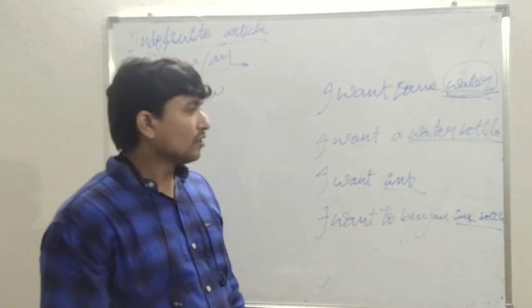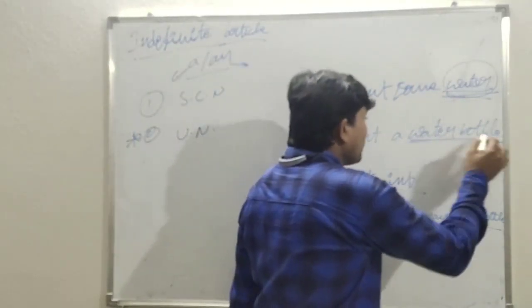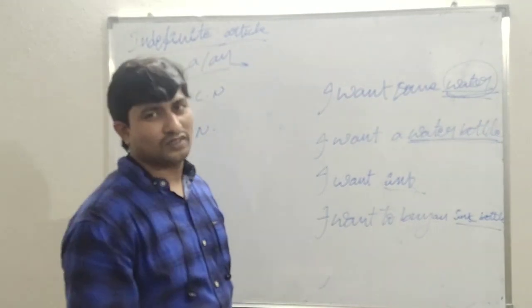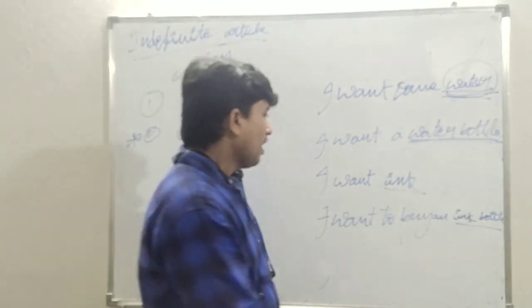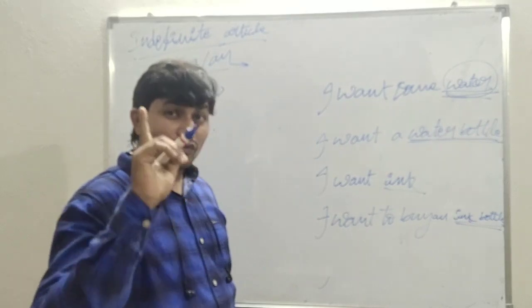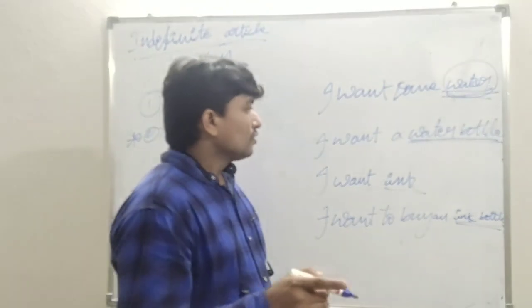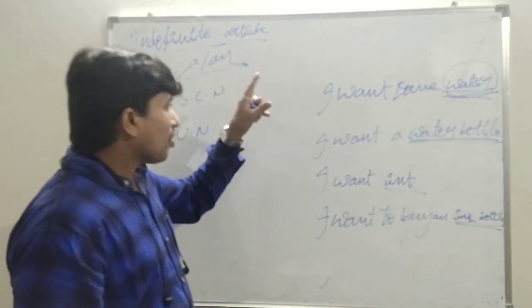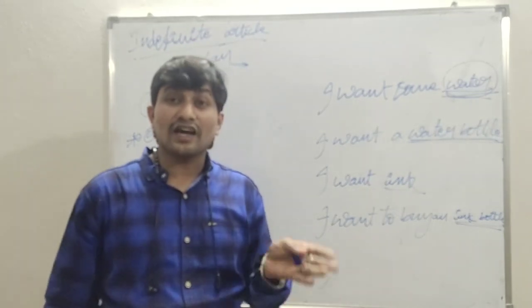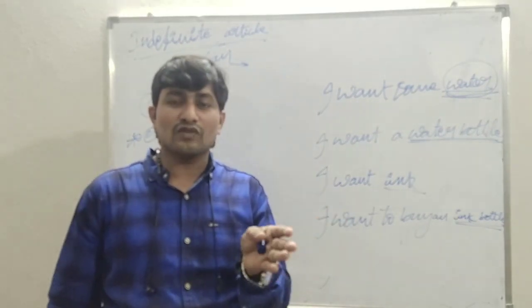Have you understood? So what do you understand here? Water bottle, how many water bottles? One water bottle. And here, how many ink bottles? One ink bottle. How many ink bottles do you want to buy? One. I want to buy an ink bottle. So what do you understand? An indefinite article cannot be used in front of uncountable nouns when they are used without nouns, when they are used freely.